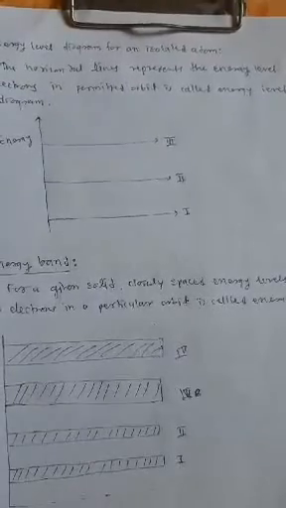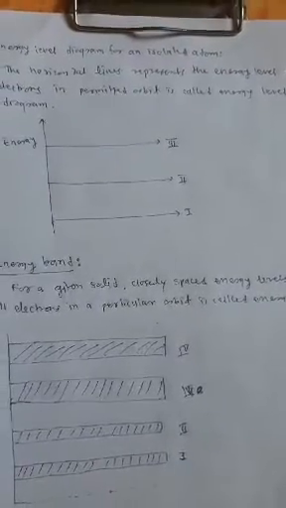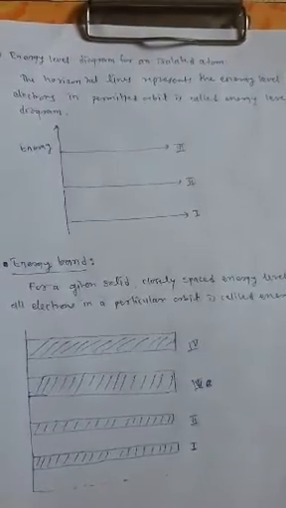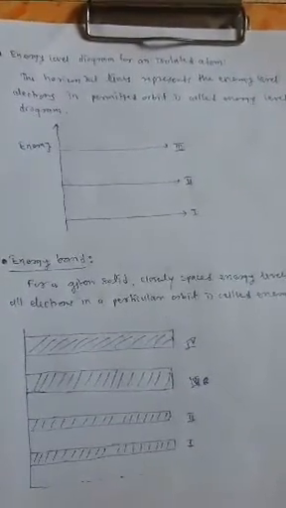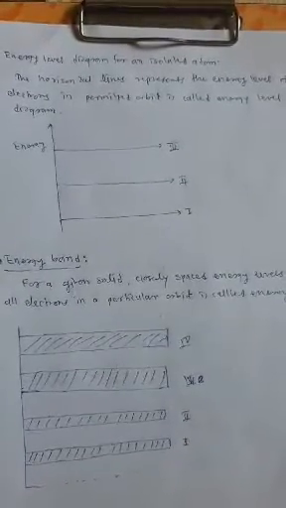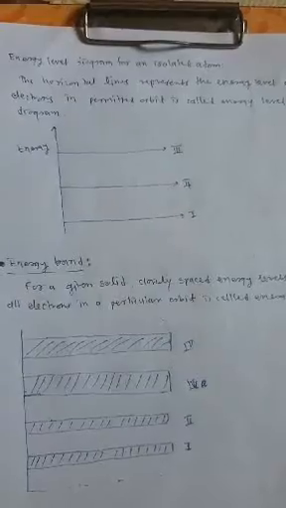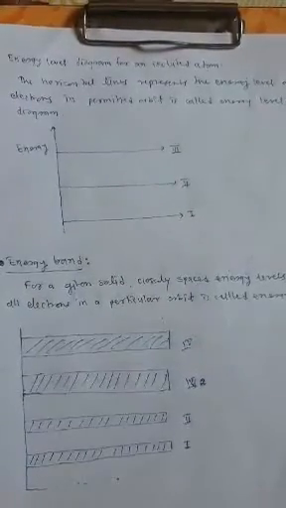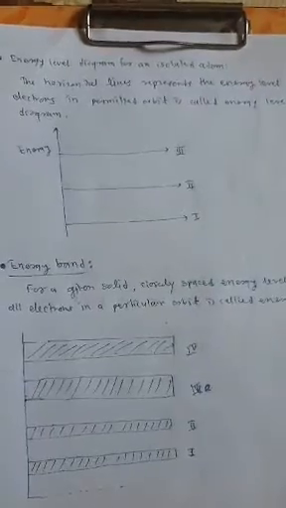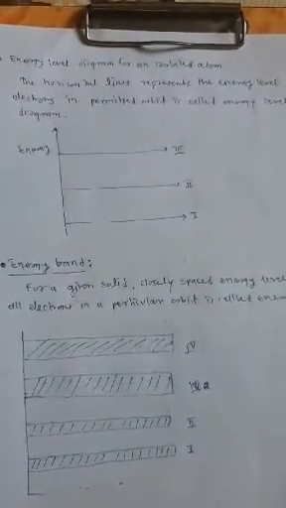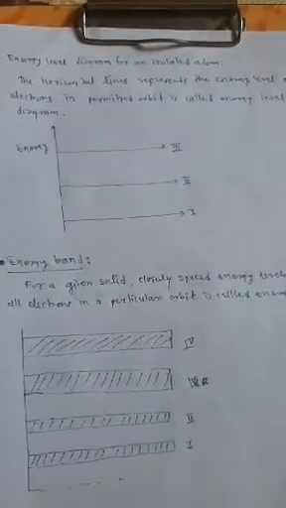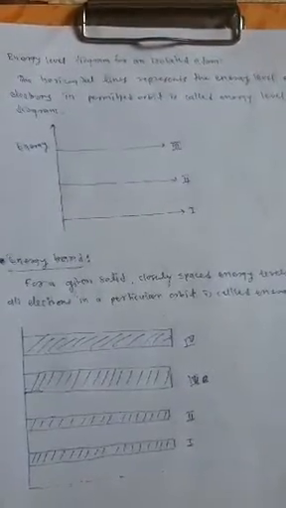number of orbit. And this energy of an electron is represented by a horizontal line, a single line which represents the energy of the electron in the given orbit for an isolated atom. This line is known as the energy level, and the corresponding diagram is known as the energy level diagram of an isolated atom.